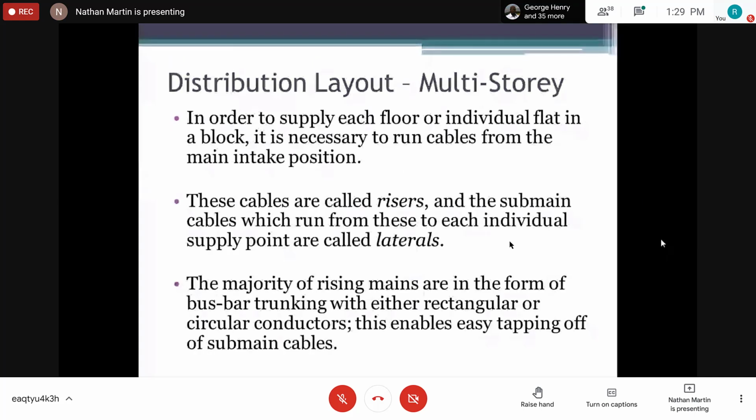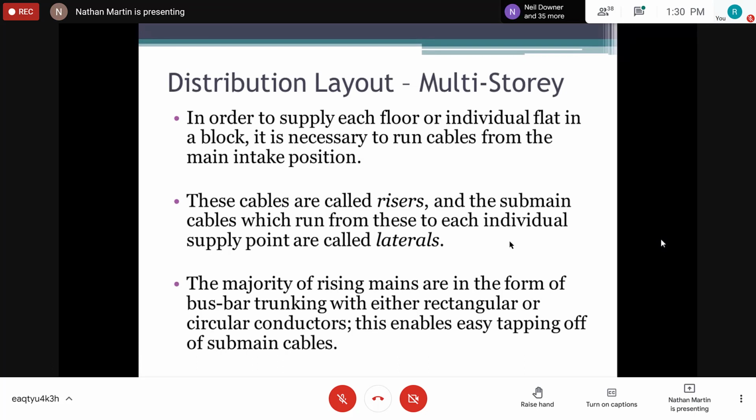All right, this is us elaborating on what to say about multi-story distribution, right? These cables are called risers, and the sub-main cables which run from the individual points are carried up by laterals, right? So the laterals is what basically distribute horizontally, while the risers distribute vertically. So when we go to the floor, then we have to distribute laterally or horizontally, and those are called laterals,